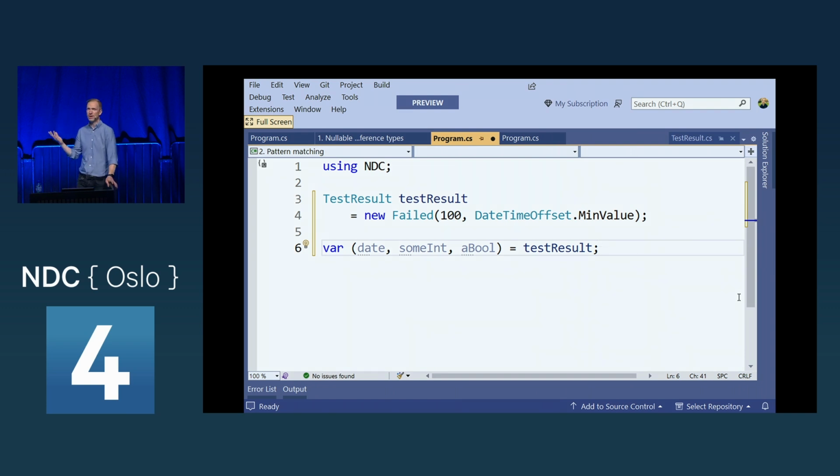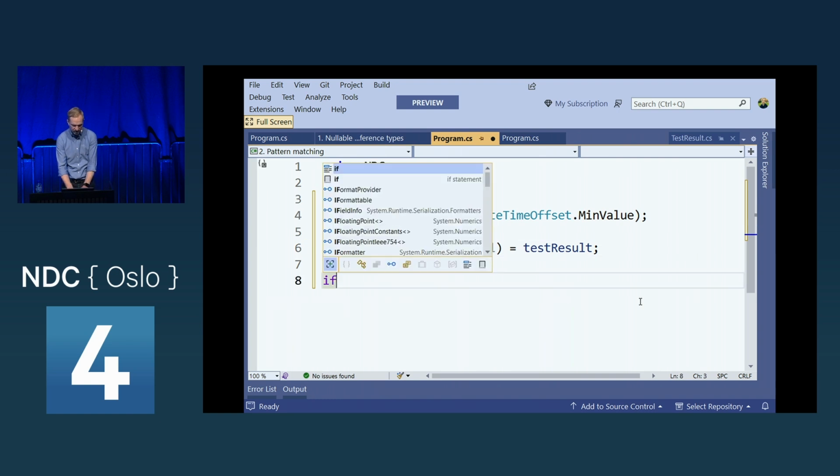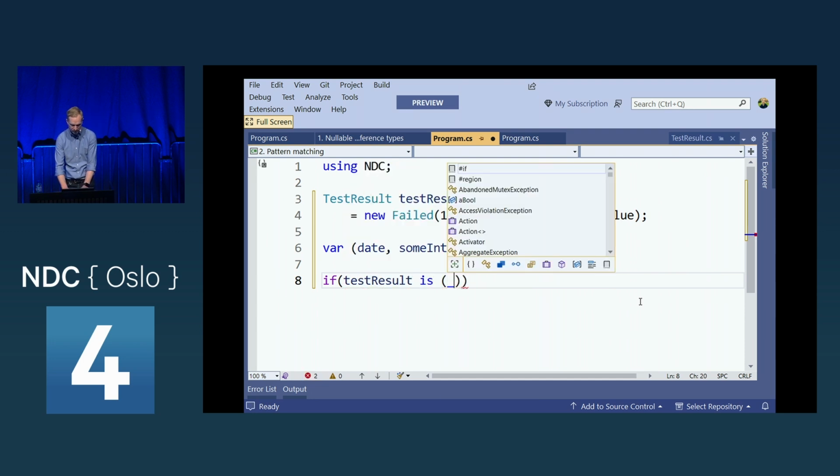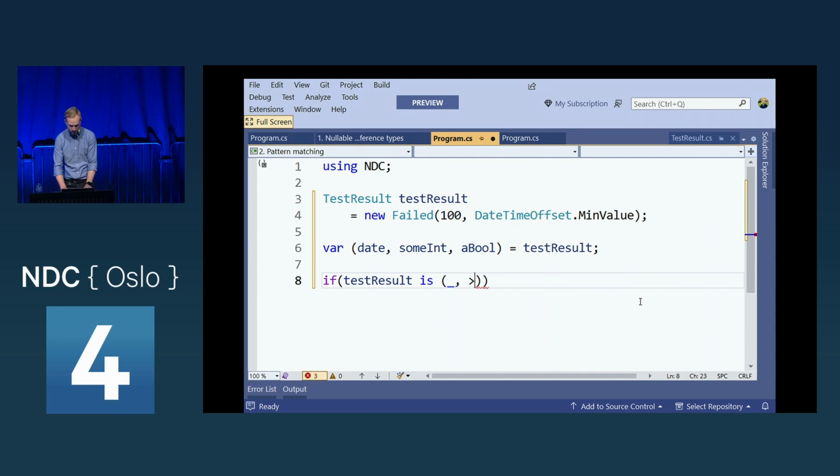This is important when it comes to pattern matching, because now I could use these positions to say that I want to find the integer that is greater than a certain value. So let me show you how to do that. We can do: if test result is capable of being deconstructed into something where that integer is more than 10 and I don't care about the Boolean.